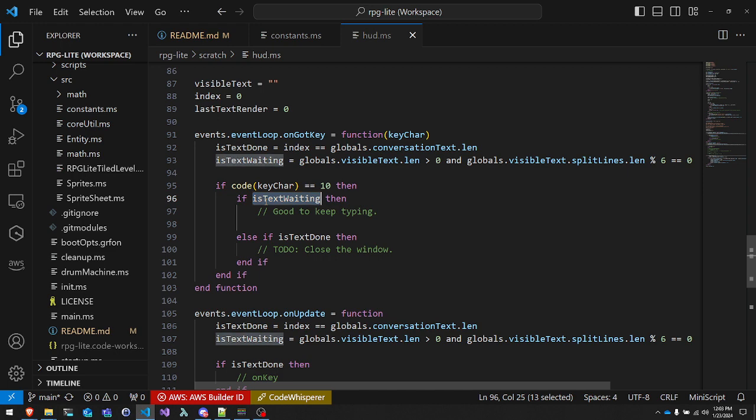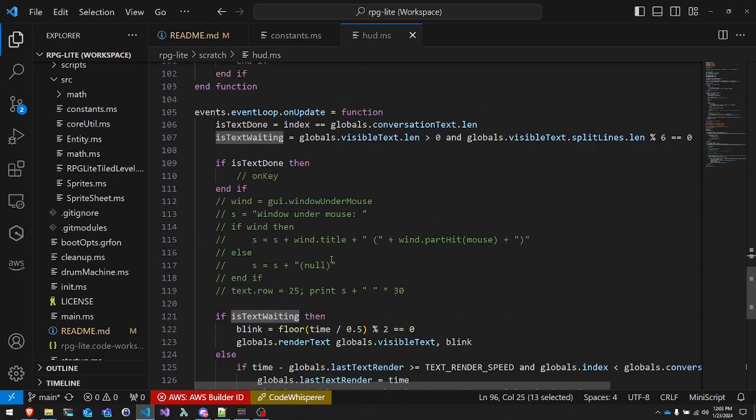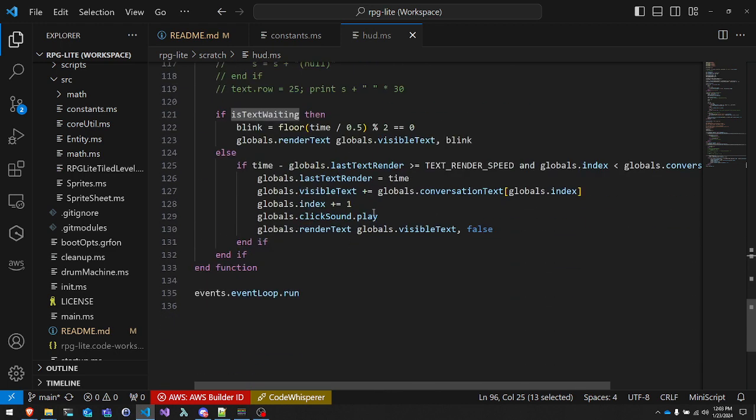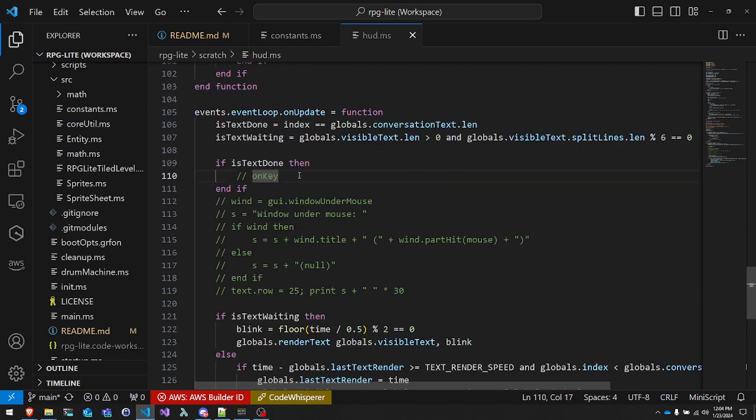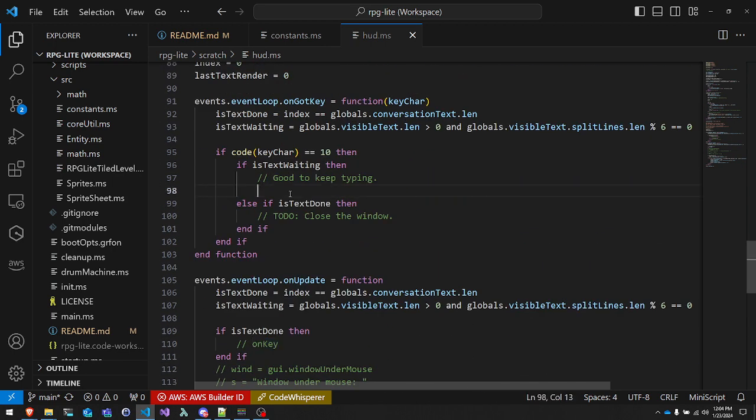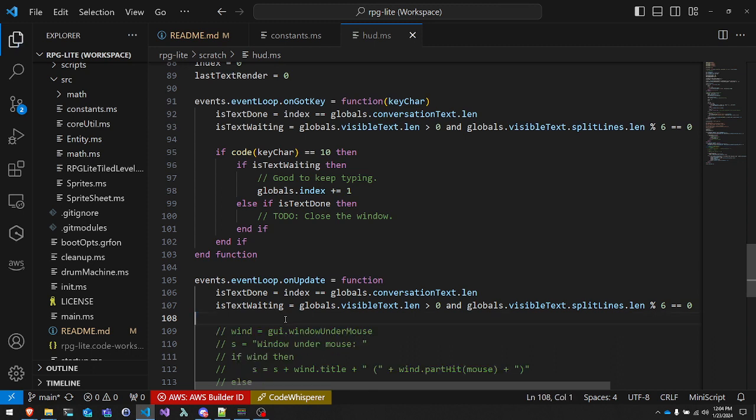Otherwise, if it's just waiting and you hit enter, then you can keep typing, which, let's see, what's the best way to do that? Let's see what happens if we just increment the index. Because that might be enough to throw off